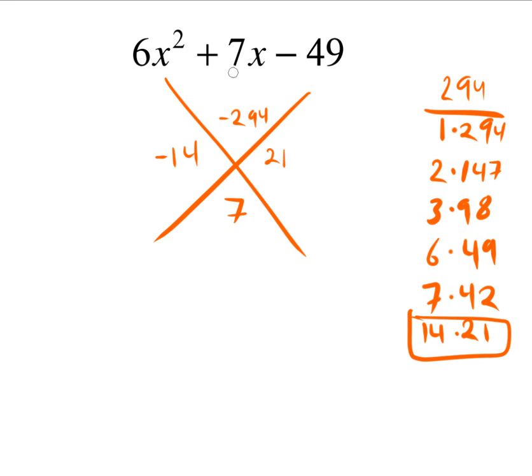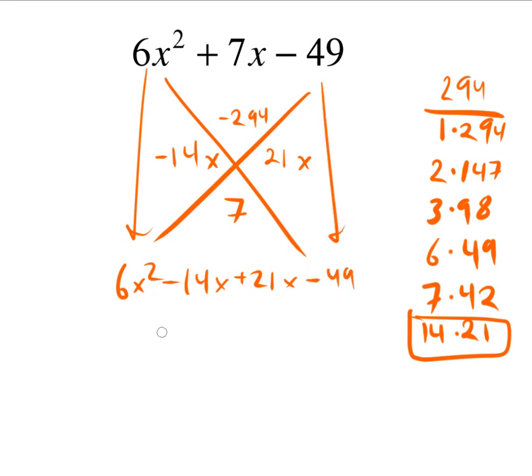So negative 14 and positive 21. And since we're using x, yay, we went back to x, we're going to put the x's there, right? And so hopefully that made sense to you. Once again, these two numbers multiply, well, if one of these is negative, it multiplies to give me negative 294, but they add to give me a positive 7. So now I'm just going to take and bring these down. This is 6x squared minus 14x plus 21x